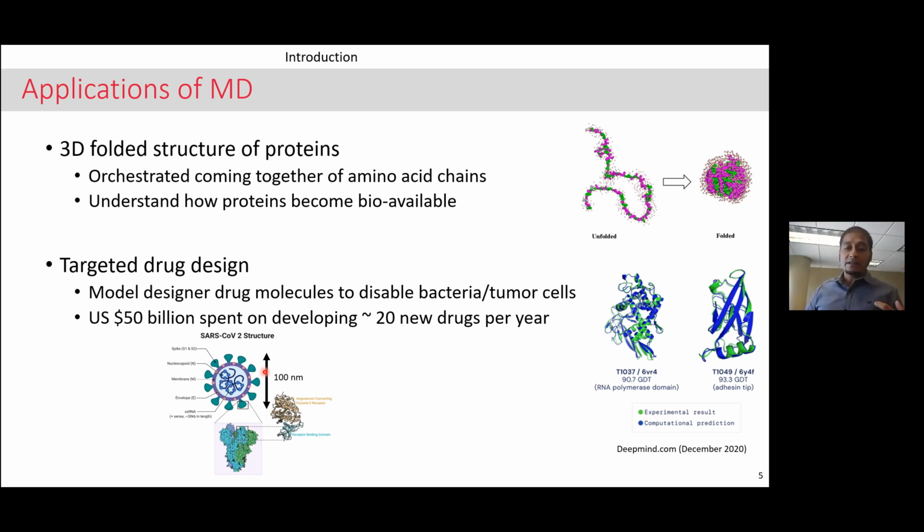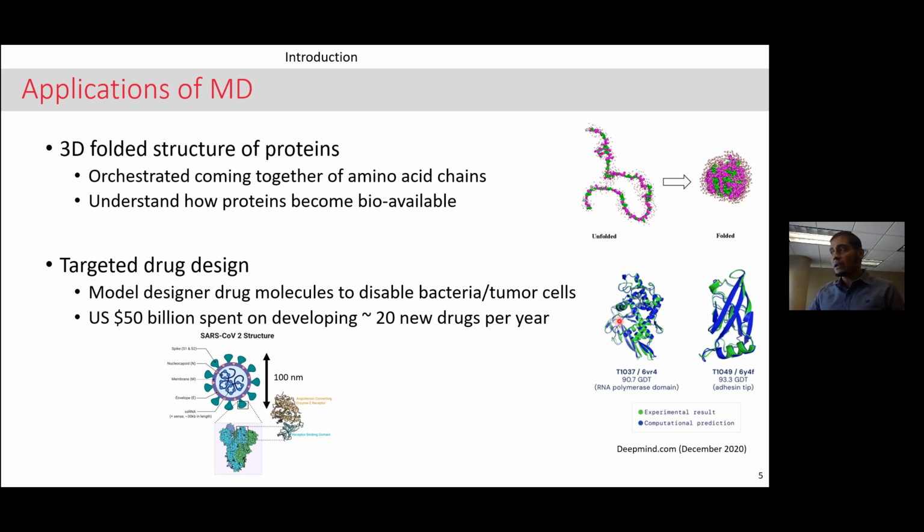Some of you may have already had your dinner. I have yet to have my lunch, but when we digest our food, we are essentially absorbing our food as glucose and amino acids and things like that. And the amino acids are not bioavailable. So in fact, if you want to actually use them, the amino acids need to link together and form a long chain. And even then, it doesn't form a protein. That protein needs to fold in amongst itself in a very orchestrated, choreographed fashion to form something that looks like this, that you can see on my screen out over here. And only then does it become bioavailable.